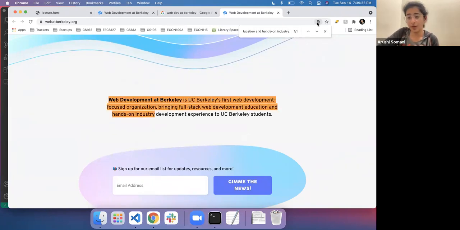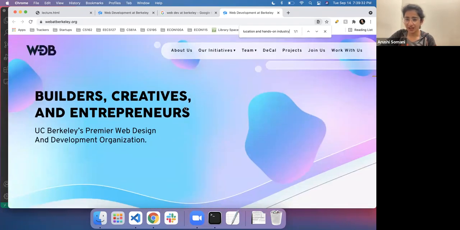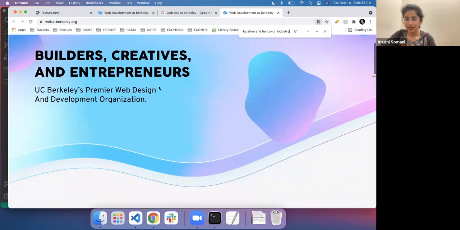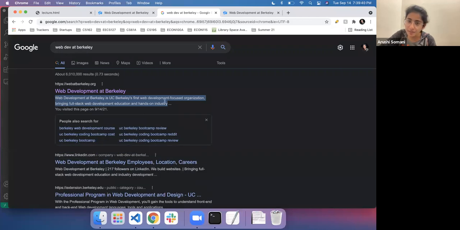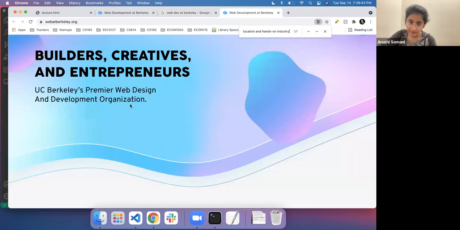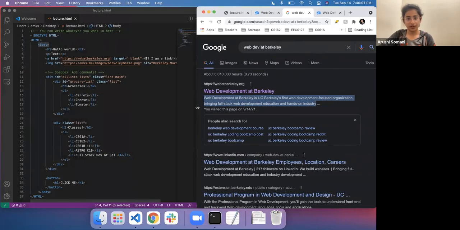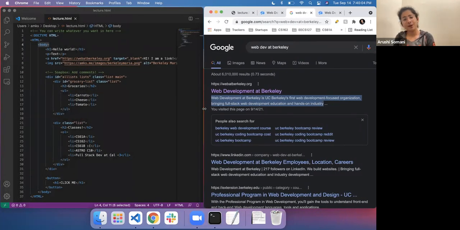And if you're looking at my screen or your screen and doing so, and you copied it and pasted it and searched for it, here it is. And that's very good. But that's not the first thing on the website. All of this is the first thing on the website. So why did Google pick this up and make this the text versus any of this? Why does it not say builders, creatives, and entrepreneurs in here? Okay. With that question posed to all of you, we're going to talk about metadata,